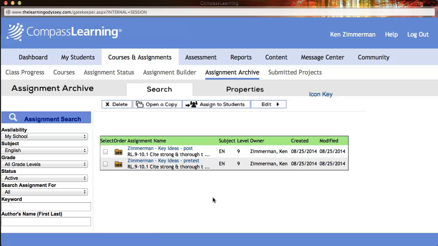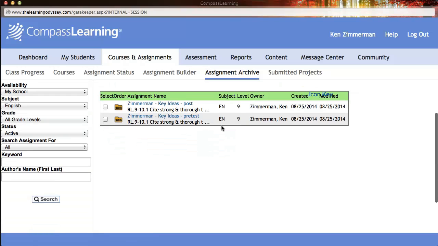So again, this is just a quick recap on how you can create a pre-test in Compass Learning that's associated, designated to a specific learning path, and then create an identical post-test so that you can run a report at the end to see the percentage of net gain between the pre-test and post-test after students have taken or